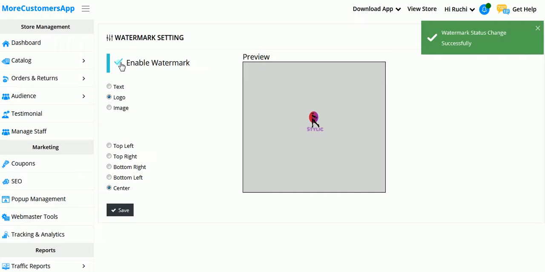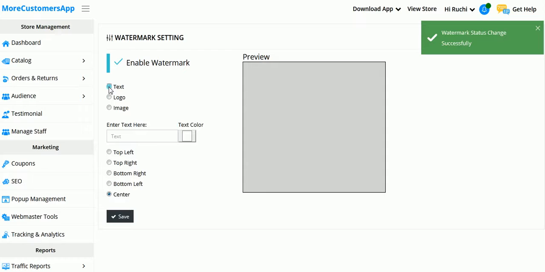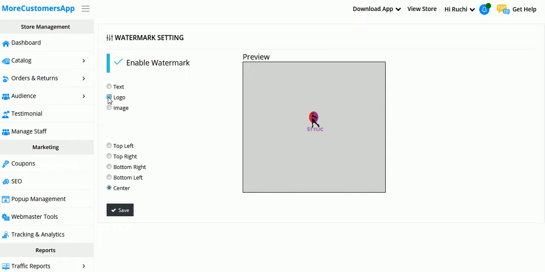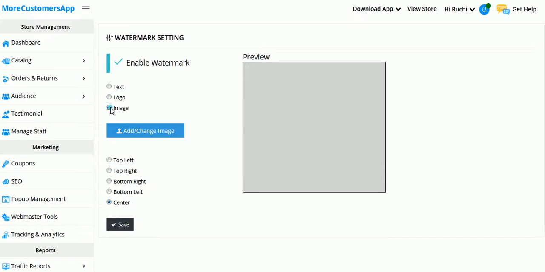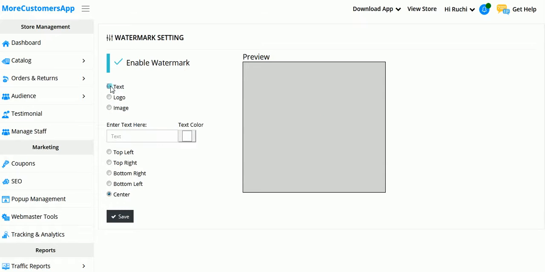Here you can see it has three options: if I want to mention any text for the watermark, if I want to mention the logo of my website, or if I want to add any other image. So we will see with the text first. Suppose I am mentioning the text over here as